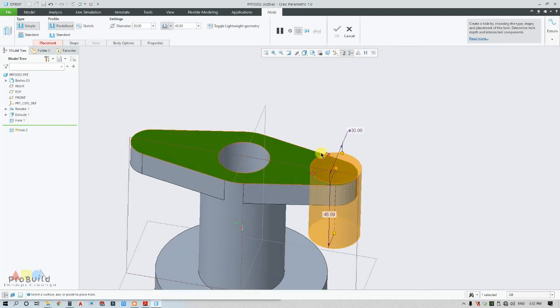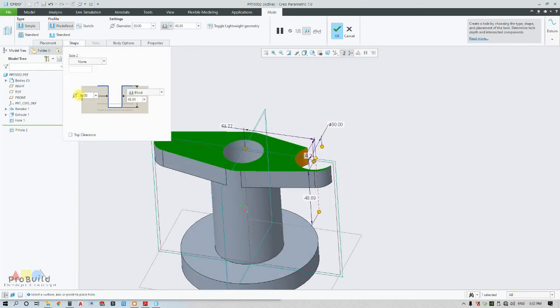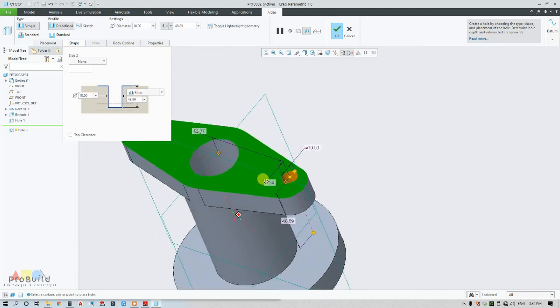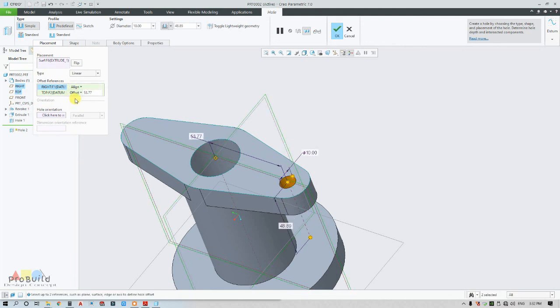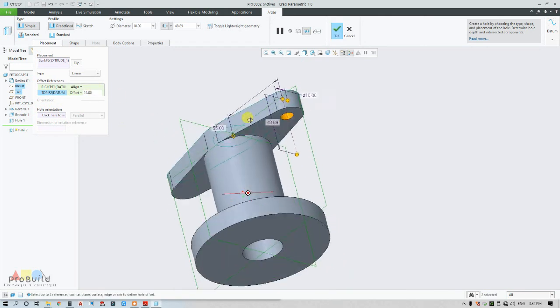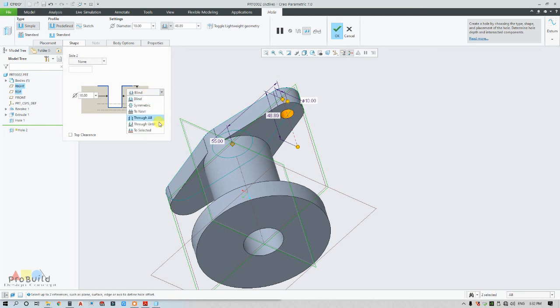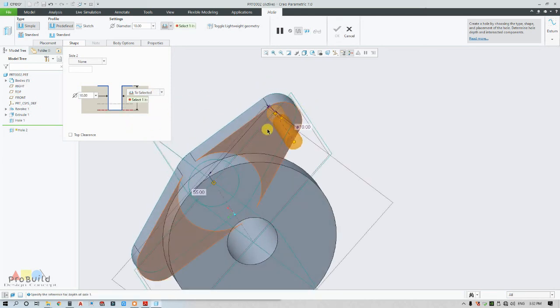Okay, and I'm going to put this clip on this plane and the center plane. Under my shape, my circle's dia is 10 actually, and I'm going to align this plane, and the offset distance is 110 actually on either side, so half of which is 55, and my height of the hole is going to be up to this.